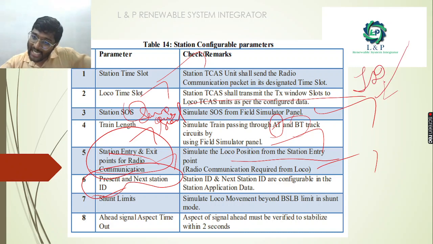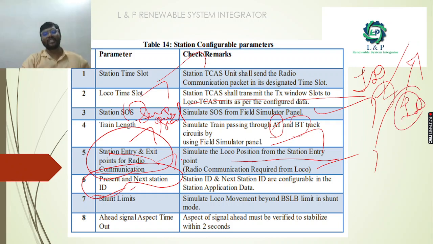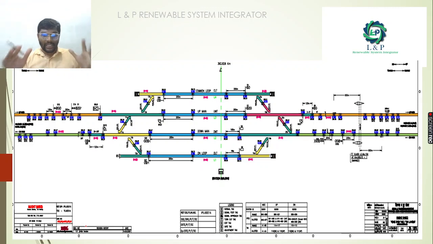For the same train, when it is moving from that concerned station to the other station from which it has come, the ID will be different. So those ID creations will be made, and most importantly, we will create the shunt limits, and also we will have the ahead signal aspects outside. So this is how